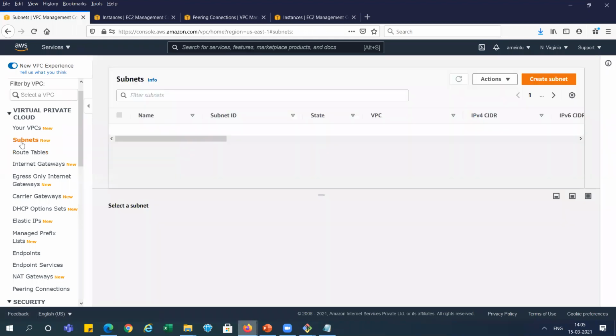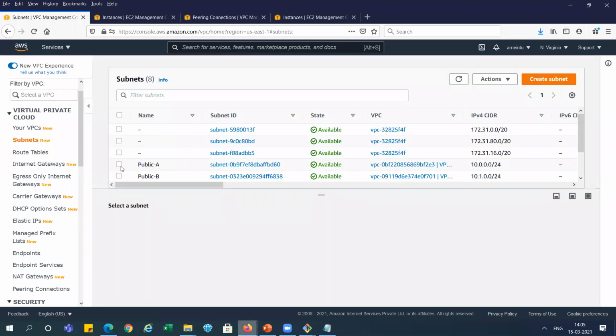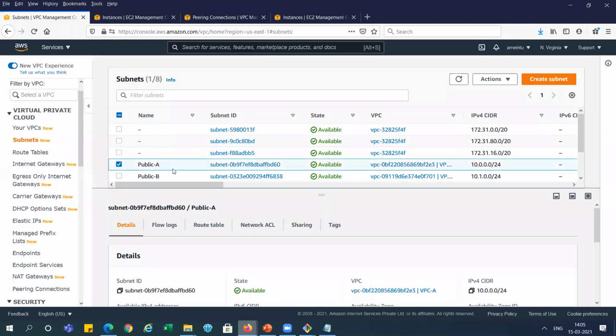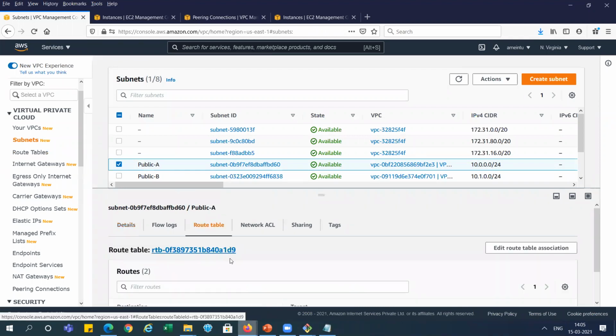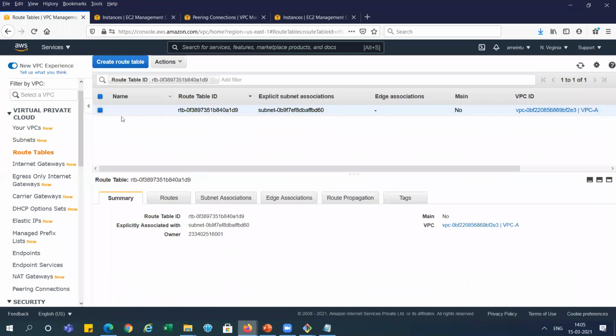We go to the subnet, and you can see subnet. This is our public subnet, right? Public A. I'm selecting this one, public A, right? And selecting this route table. You can see this route table is being used for the public A. So I'm going to click on that route table, and I got this route table for the public A subnet, right?